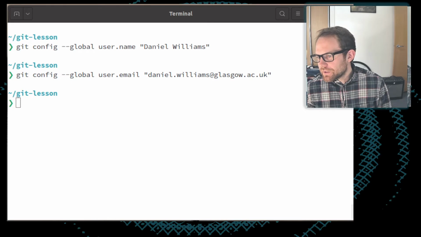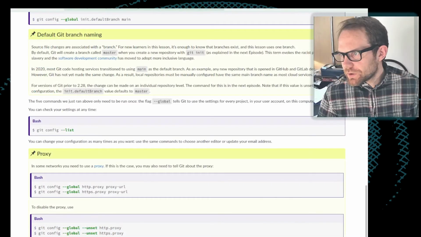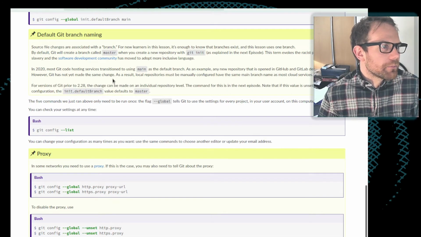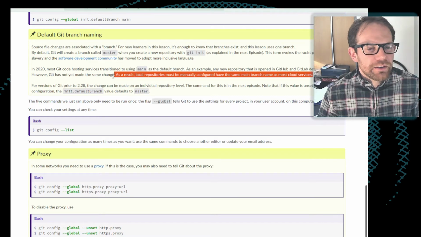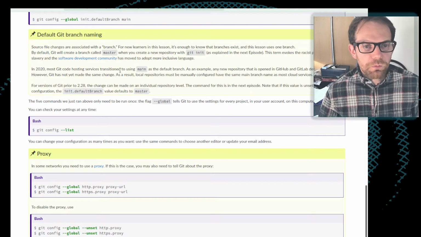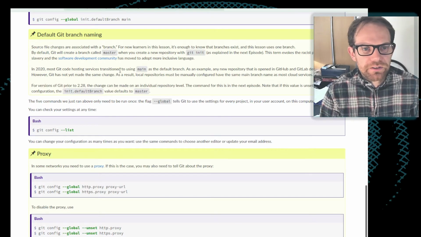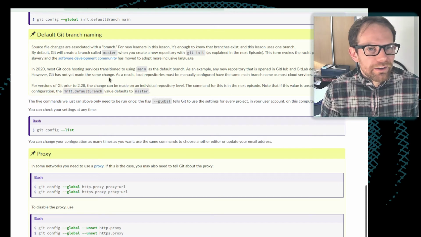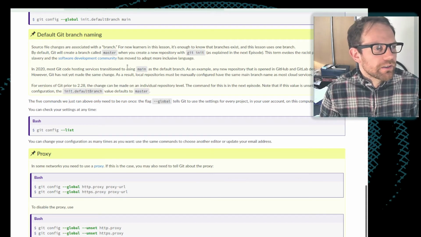So the next thing which they talk about in the notes is default Git branch naming. In the last couple of years, most websites like GitHub have started calling what's called the main branch in Git, so the place where your code or your files live by default, main. Now, this will make more sense when we get to it later on in the sessions.